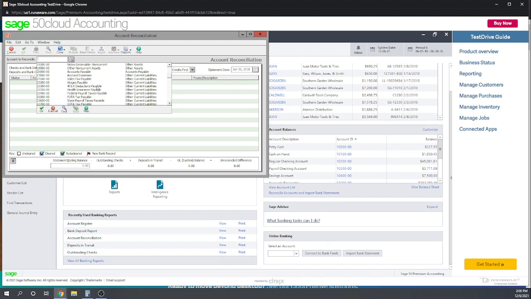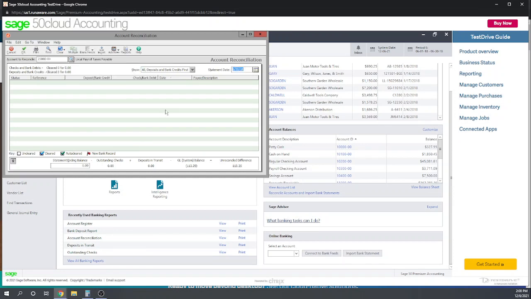So do we have a credit card account here? Well, we'll just say we want to do our sales tax. So it's less common to do other liabilities like this, but you can use the reconciliation feature for absolutely any account in your general ledger on your balance sheet. So we could certainly do it for credit cards if we would like. Okay,